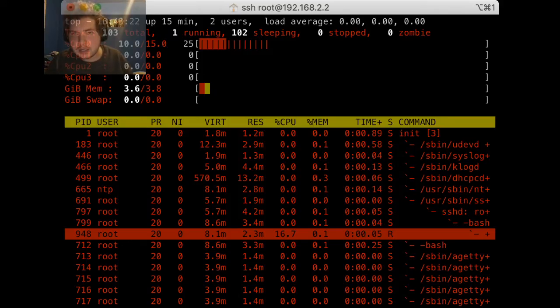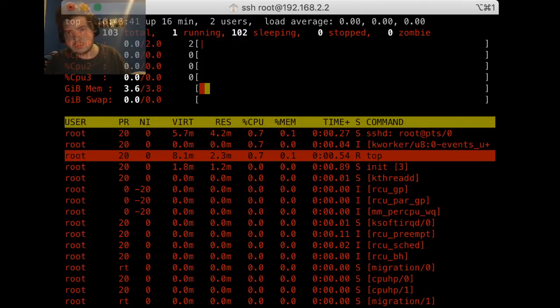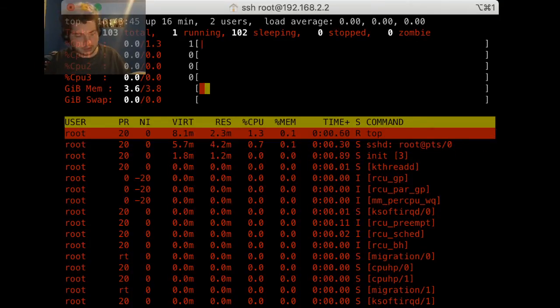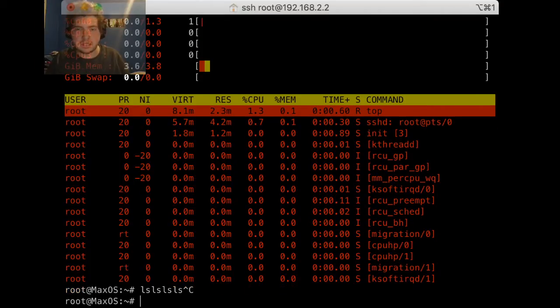Is it consistent, like the computer's not being slow? Oh, now it's being fast. Now it's being slow again. God damn it.